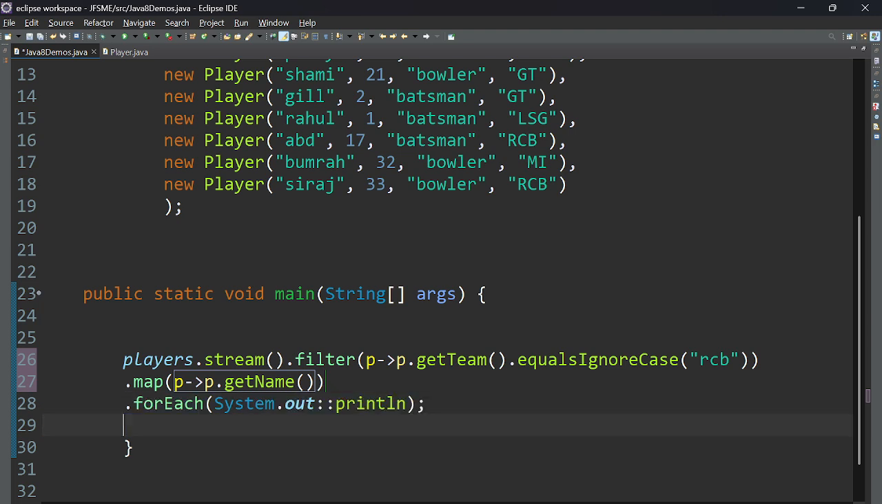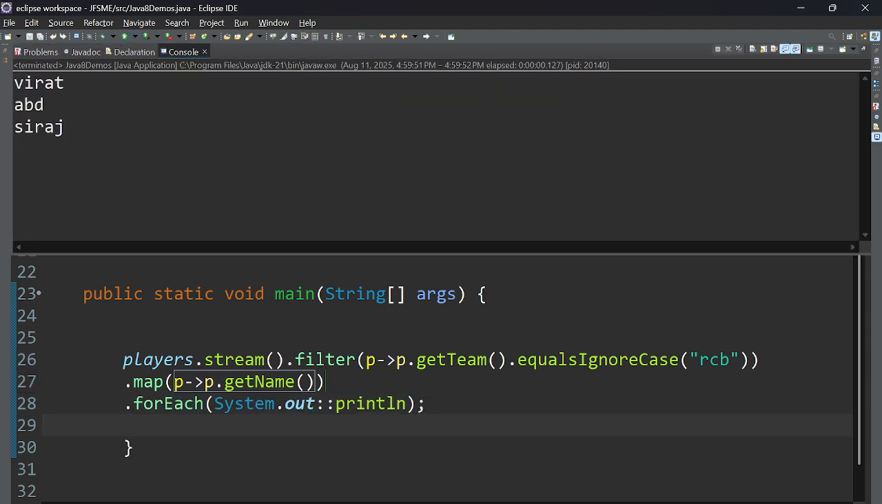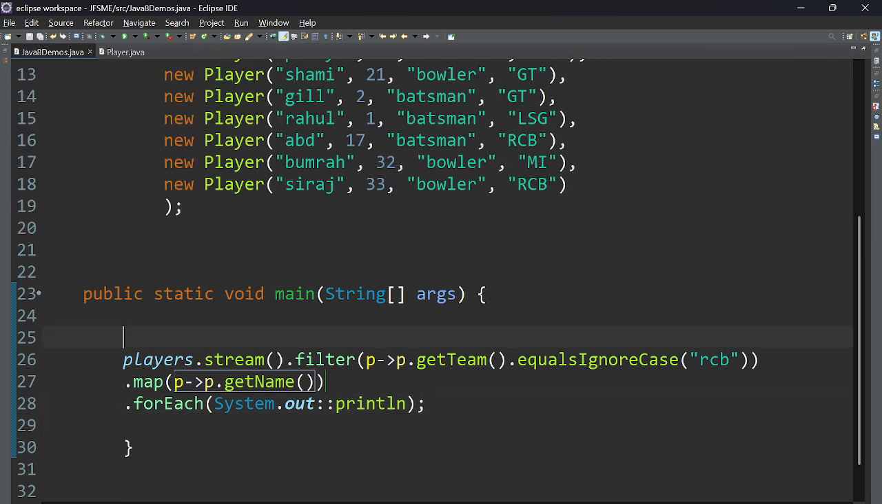Fine, and I want to print the same thing. So let's save it and run this. So now here I'm getting... yeah, I removed the filter for batsman, right? So I should add the filter for batsman as well. So let's add that filter,